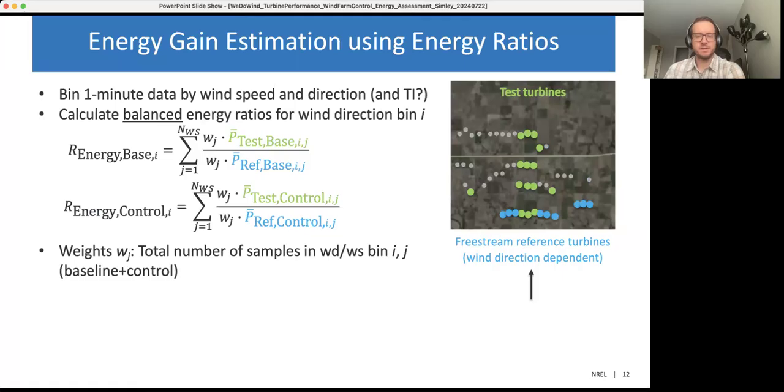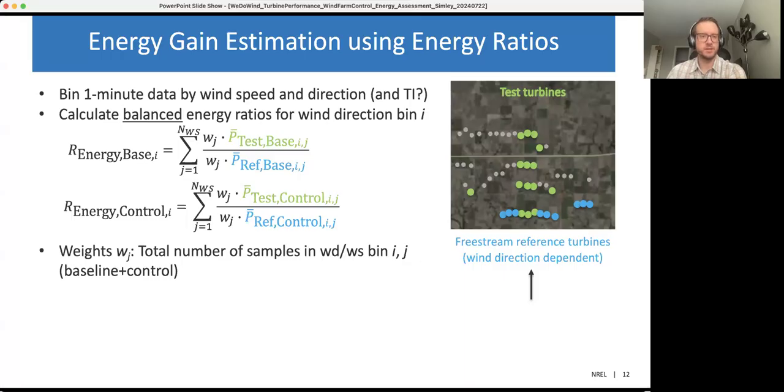All right, now to calculate the energy gain, we use what we call energy ratios, and I'll just define that on this slide. And so first what we do is we bin the data by wind speed and direction, and we could also bin further by other atmospheric variables like turbulence intensity. But typically we've just done wind speed and direction. And we often use one minute samples